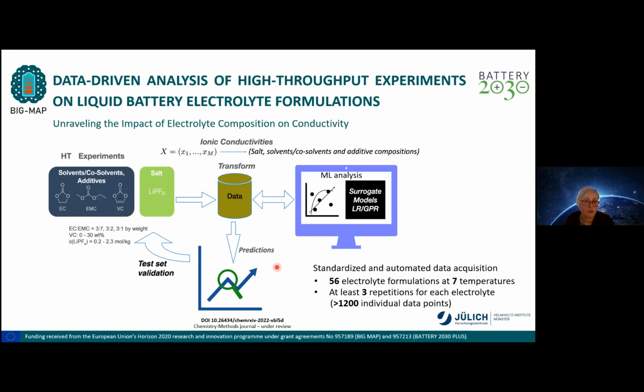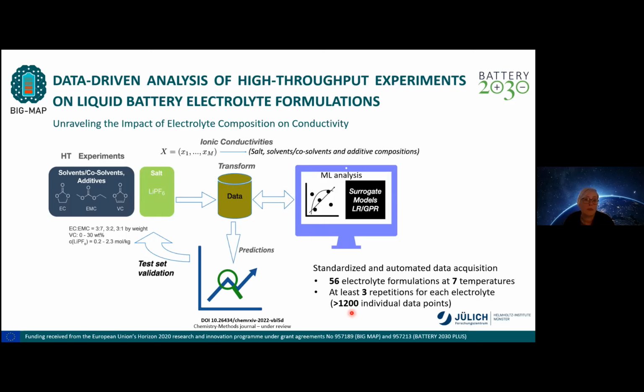And for each measurement, due to reproducibility issues, at least 3 repetitions were done. For some of the formulations, even 7 or 8. And this actually resulted in more than 1,200 individual data points. These data points were then used for machine learning analysis using a so-called generalized Arrhenius fit, and thereafter linear regression